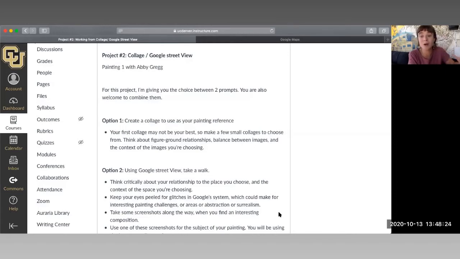And I really just want you to think about figure-ground relationships in these collages. So what's the new relationship that you're creating by juxtaposing one element with another? And what sort of space is that creating? I also want you to think about how you're balancing out images, textures, colors, values across your composition